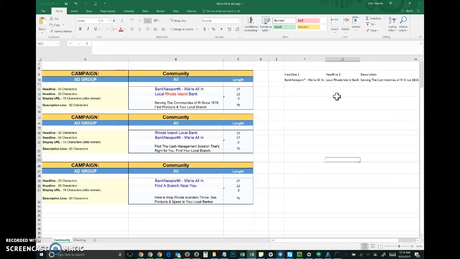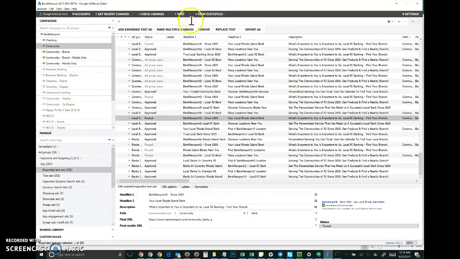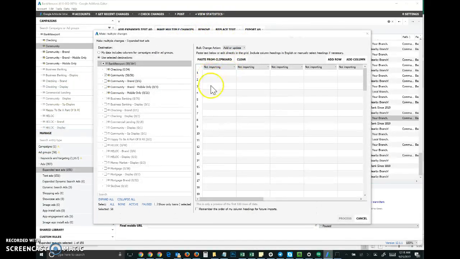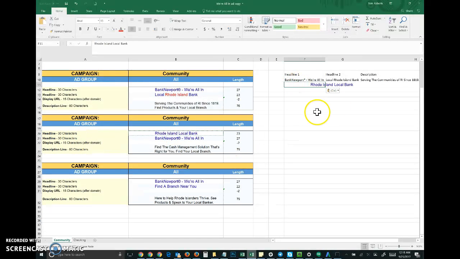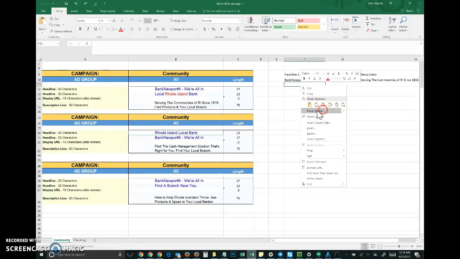There is a way to add multiple ads to a single campaign if we're doing it that way. The way we went through last time was through 1. In this case, we're adding 3 ads across all. So in this case, we could go back into AdWords Editor, make multiple changes and add them manually 1, 2, 3. But like I said, the best way to do it would be to create this. So we're going to take the next one, get headline 1. Oops. Make sure you paste values,